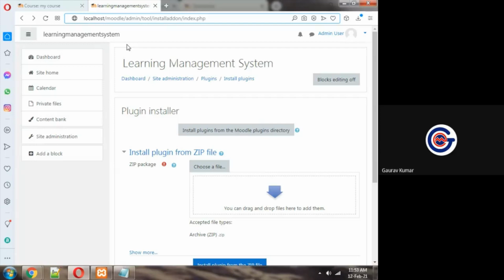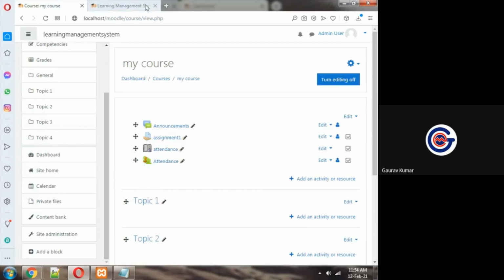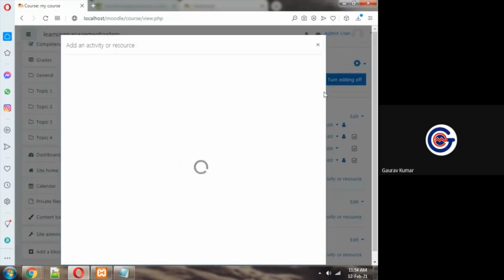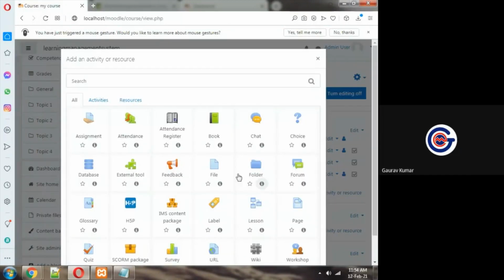So if we want to install additional plugins in Gnomio.com or Moodle Cloud, in that case there is some subscription cost associated. But if we are using our own machine, as I am using my own system, this system is the Moodle server. In that case, I can integrate whatever I want. There is no restriction, and no need to pay anything. As attendance, I have integrated, and some other modules also we have attached. Okay, sir. Thank you.